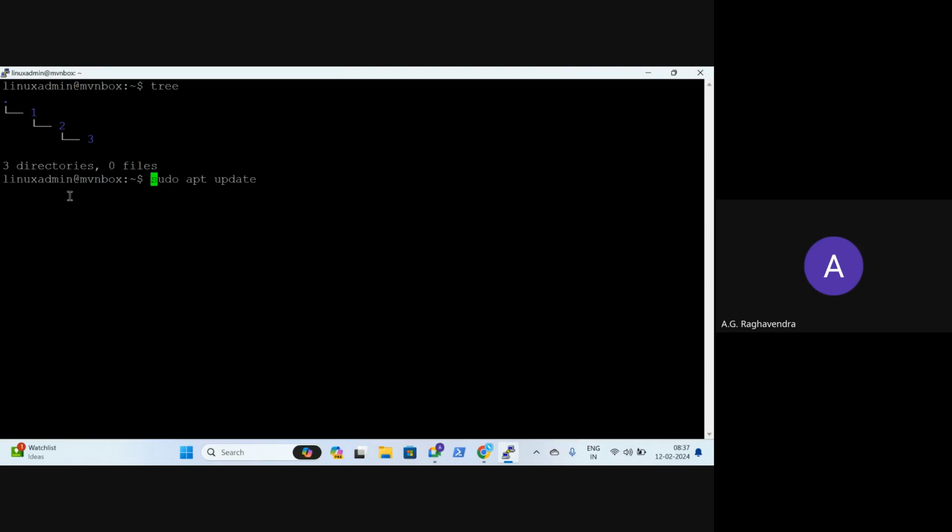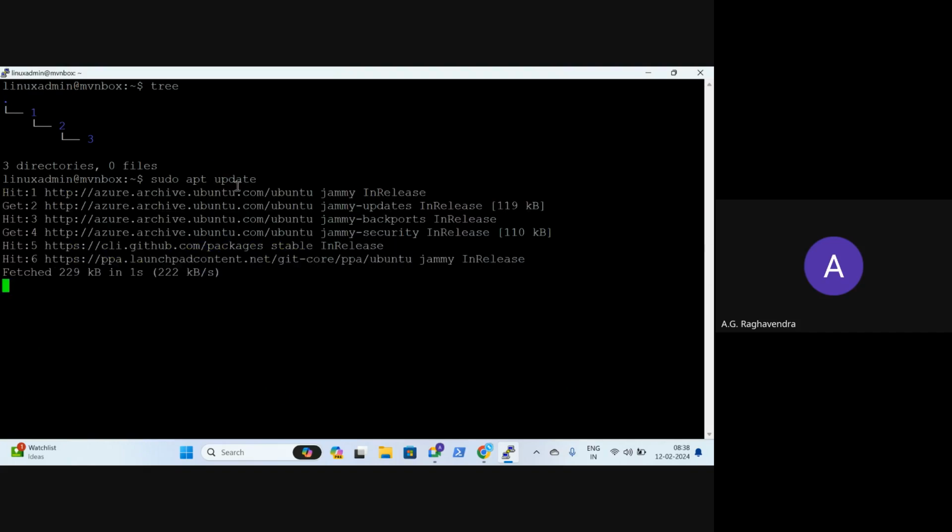When Linux is installed on this computer, I am created and I am an administrator. So you have to tell Linux, run this command as an administrator: sudo, do it as a super user, and apt update. Then the system will update.